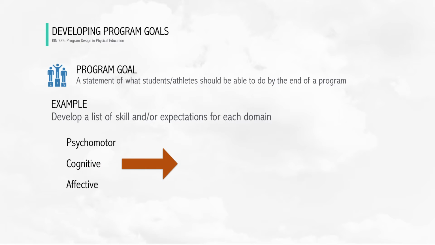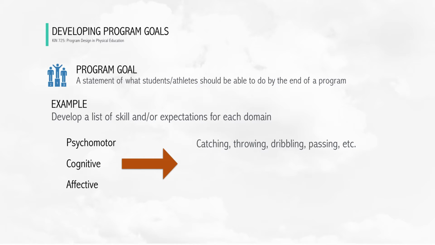Then, create a list of all the things you want your students or athletes to be able to do within each domain. For example, in the psychomotor domain, which is the physical skill component, you may want to create a list of skills that fall under categories such as catching, passing or throwing, dribbling, jumping rope, manipulating a hockey stick, and so on. List as many as you can think of. These are just some of the actual physical skills you're going to address or you hope to address throughout your program.